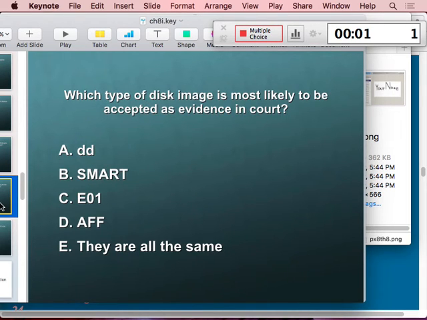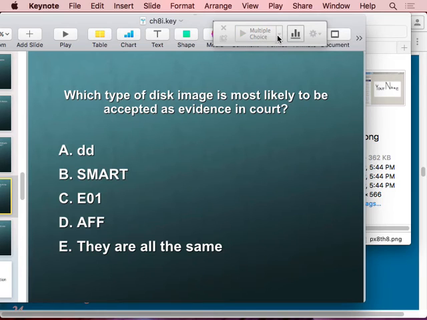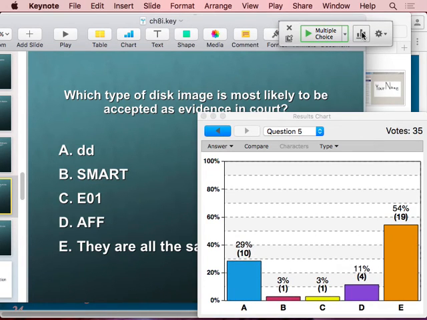all right. So what kind of image is most likely to be accepted in court? I'll quit at 30. The last answer would mean they would all be acceptable, or they're identical in their formats. In this respect, they're all the same. They would all be accepted. Okay. All right. I'll quit at 35. All right. And of course, that's the point. They're all mathematically identical. The mathematical transformation will turn into the others, so they're all the same as long as